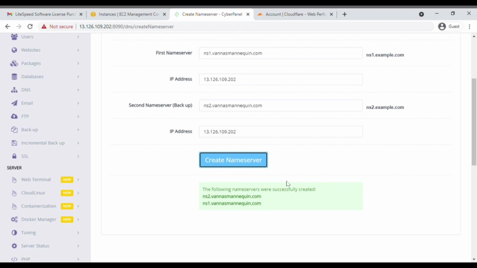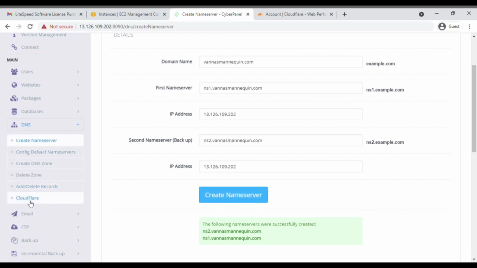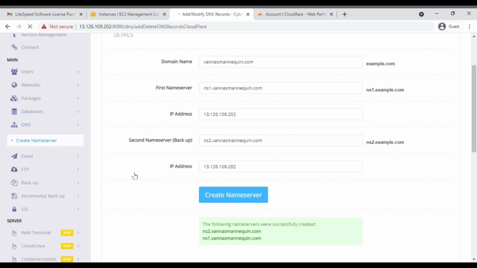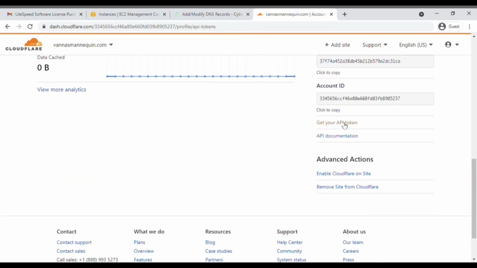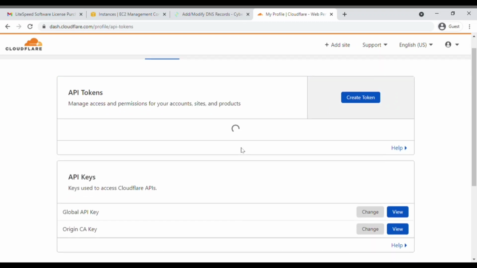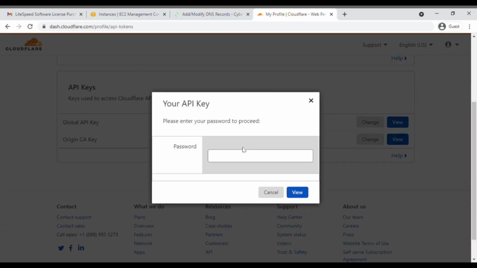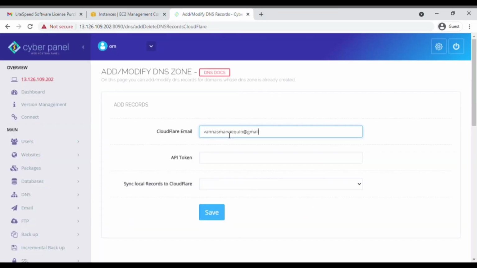Now we are going to see the second method for those who are using Cloudflare. Simply go to DNS, select Cloudflare. Log into your Cloudflare dashboard and after that simply scroll down and click on Get Your API Token. After that go to API Tokens. Now just click on Global API Key and then enter your password. Enter your Cloudflare email and then the API token.